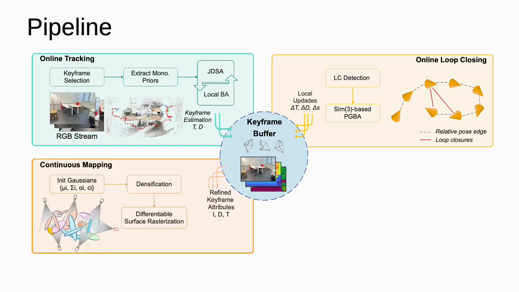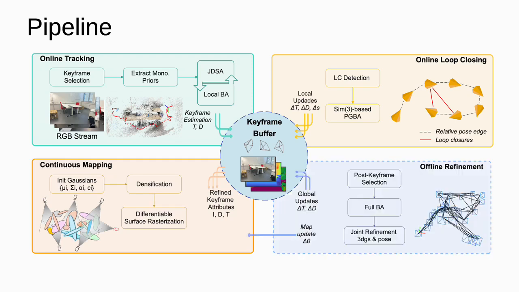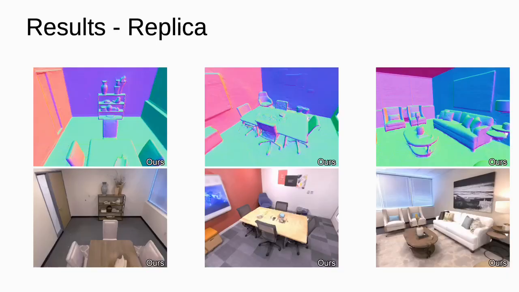The mapping module continuously updates the 3D Gaussian map. As new keyframes are added, or when global updates occur from loop closure, the system optimizes the Gaussian splats to align with both the observed images and the geometric priors. Final refinement is an offline step that further improves overall accuracy. It performs global bundle adjustment and jointly refines camera poses and the Gaussian map using all collected keyframes, producing the most precise reconstruction. Now let's look at the results of HI-SLAM2, starting with the synthetic Replica dataset, which provides photorealistic